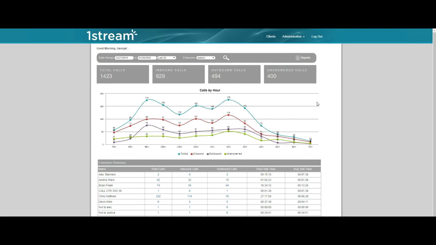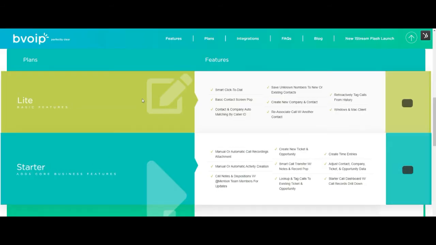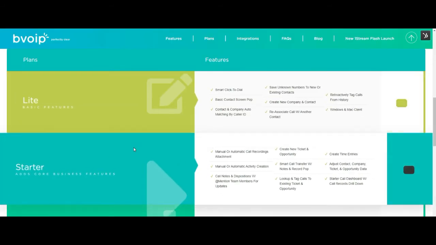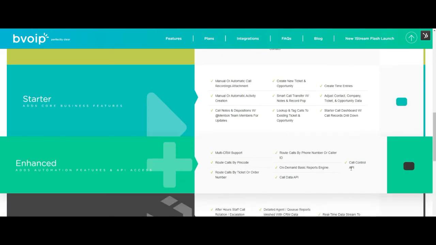So everything so far that you've seen has been more functionality of the basic couple of tiers, right? The starter and light. You can see we went through a lot of these components really on the fly. And then what you can see here is as we go up the chain, we start to get into some more advanced stuff.